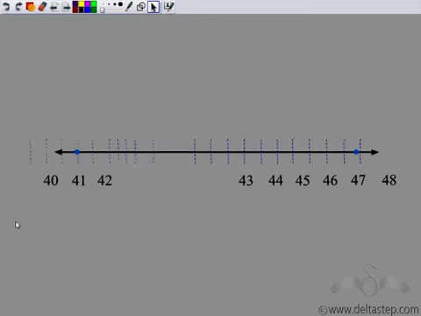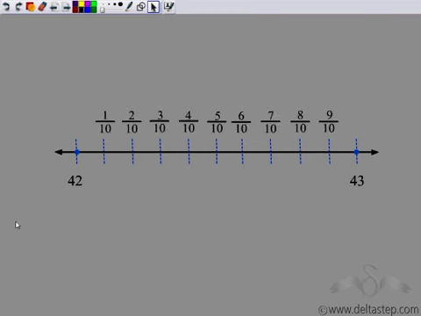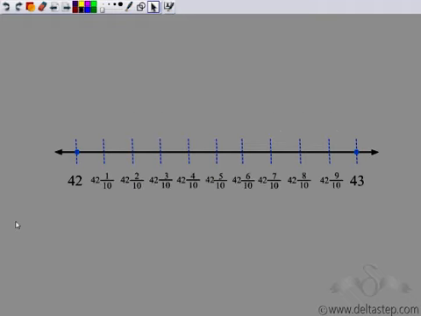Again, I divide each unit into 10 equal parts and this is what I get. Now I've divided this unit into 10 equal parts. We've seen that this can be represented by fractions, which is 1 by 10, 2 by 10, 3 by 10 and so on. Further, this number here would be 42 plus 1 by 10, which is 42 1 by 10, then 42 2 by 10 and so on. So numbers between two consecutive ones can be represented by mixed numbers.